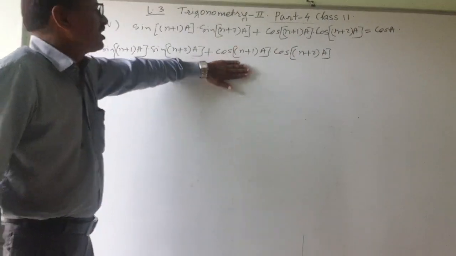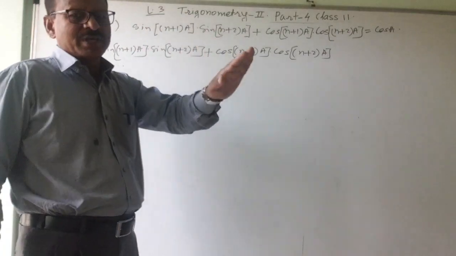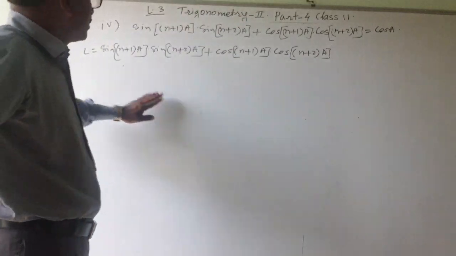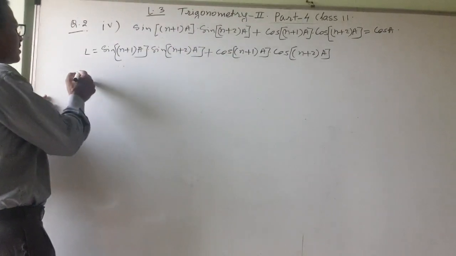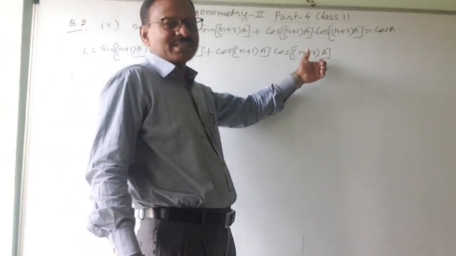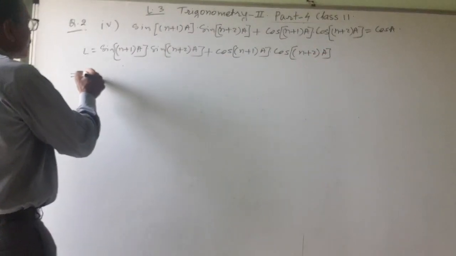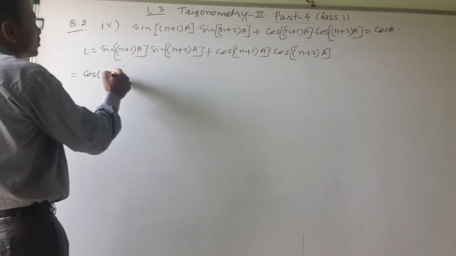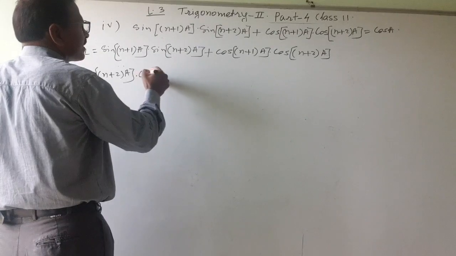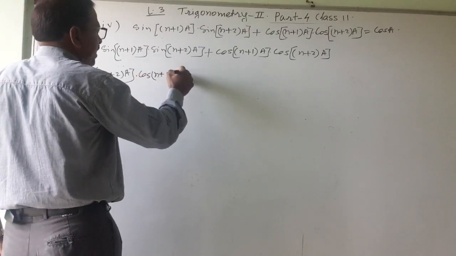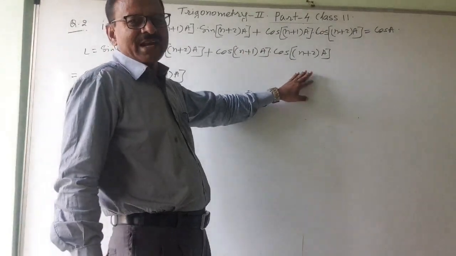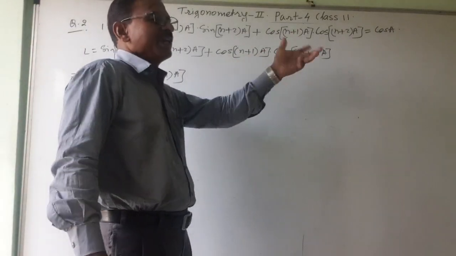We will write the cos first, because cos of a plus b or cos of a minus b is equal to cos plus or minus sin. So this term I will take first. In that, n plus 2 into a is the greater angle, that I will write first. So cos of (n plus 2) into a into cos of (n plus 1) into a. This is the commutative law. 2 into 3, you can write as 3 into 2. This way it is the commutation.